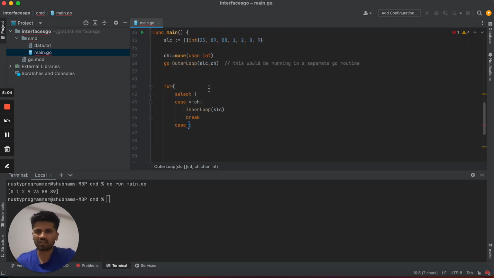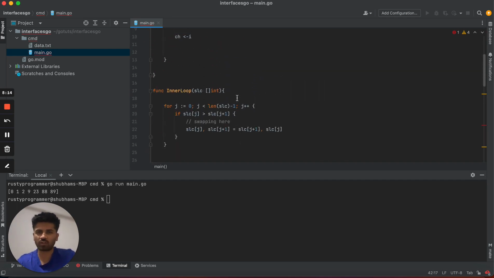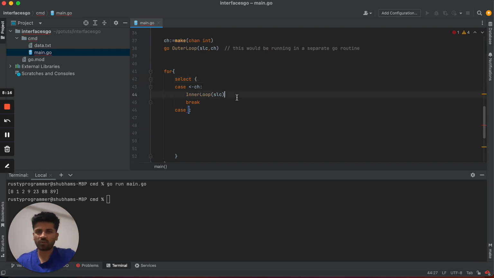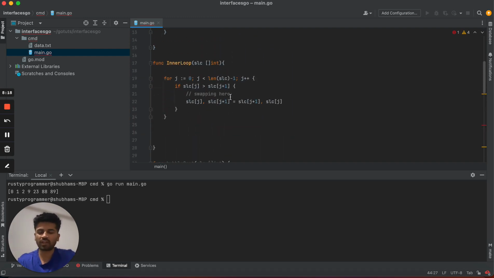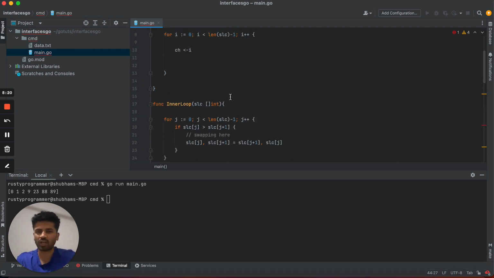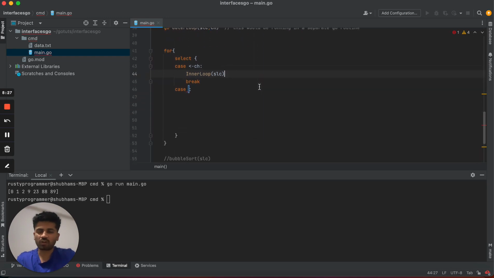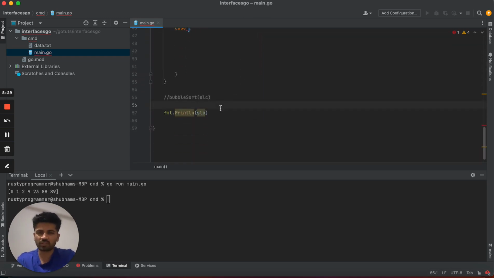Now I have a select statement waiting here, right? We have a case in the select statement that is waiting for the values to be sent, and for each value that this outer loop sends, I'm going to be executing my inner loop. So it is again just like a nested for loop mechanism, but we are running it in separate routines. Now it will work, but the problem is, if I try to run here,